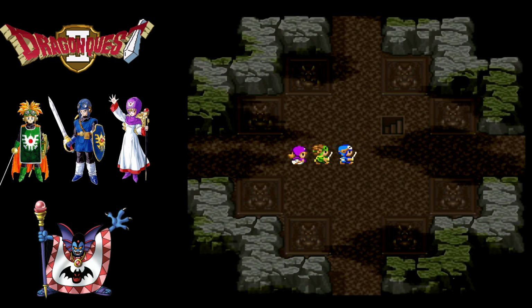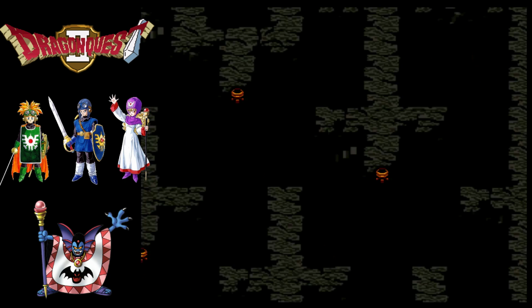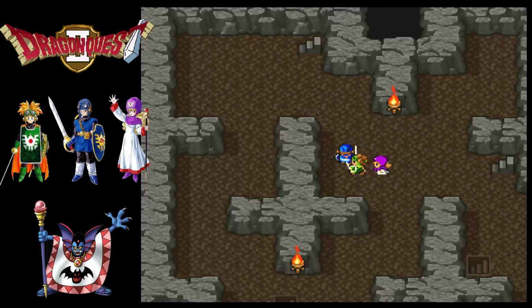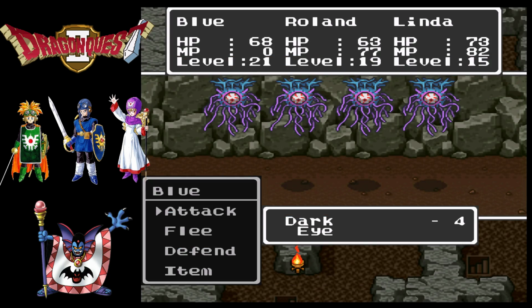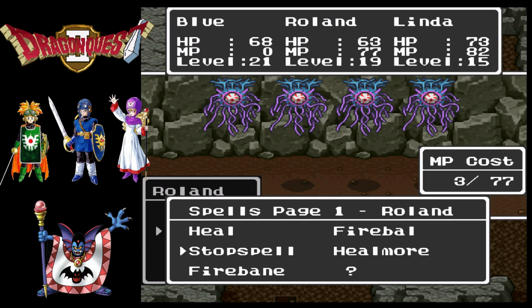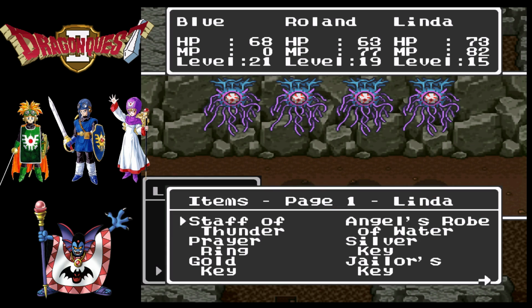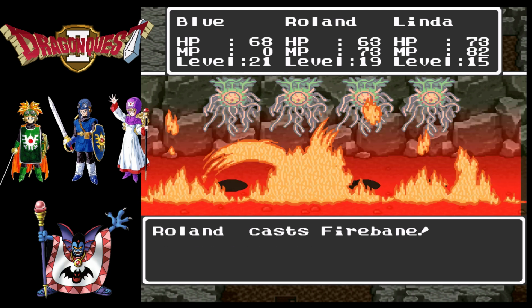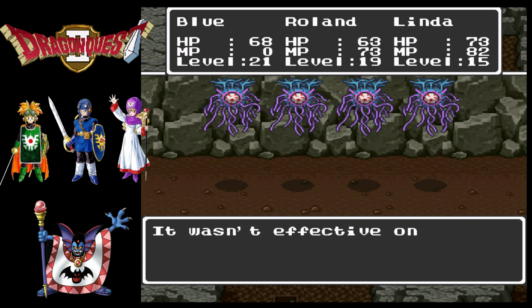So we went all the way right. What did we get out of our trouble? The same staircase we came in on, eh? Isn't that interesting? Dark eyes. Maybe these are the kind of thing we should Firebane. But yeah, we're gonna just learn a little bit before we leave. But I did get the one item you...